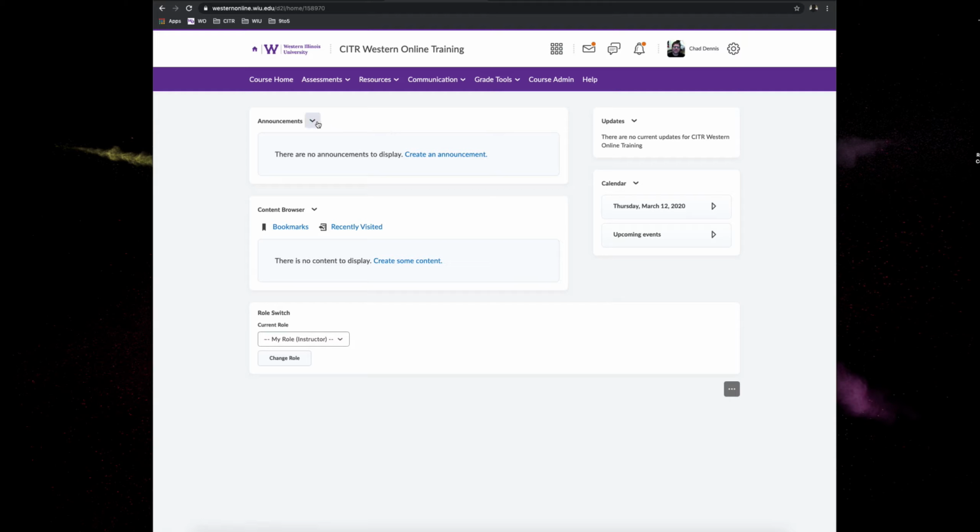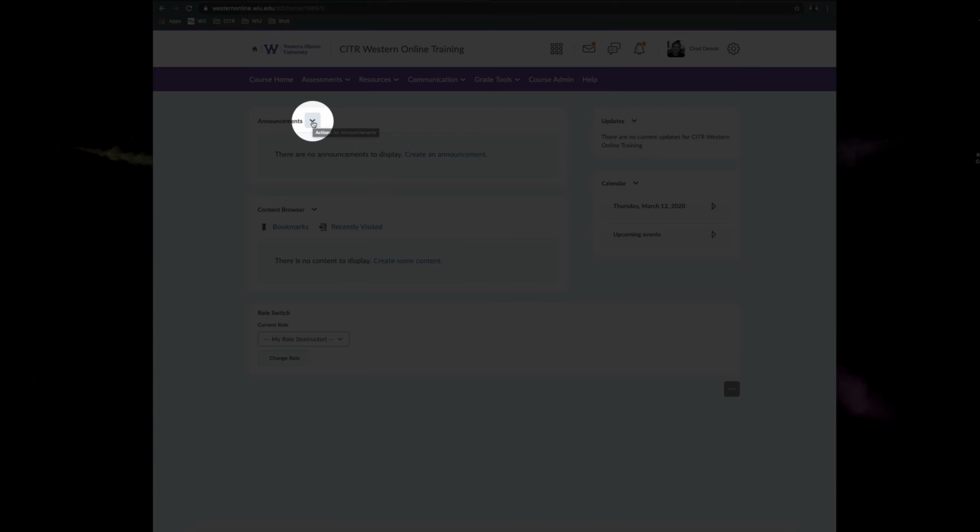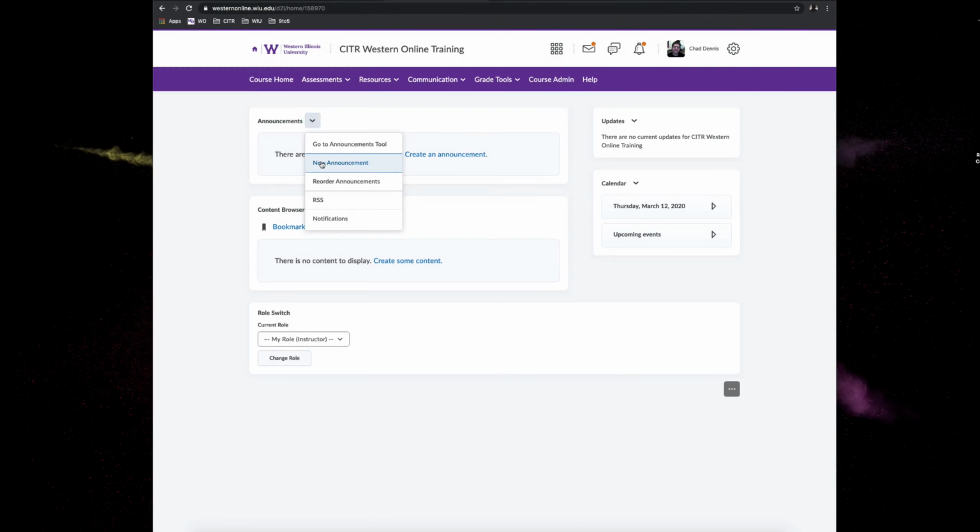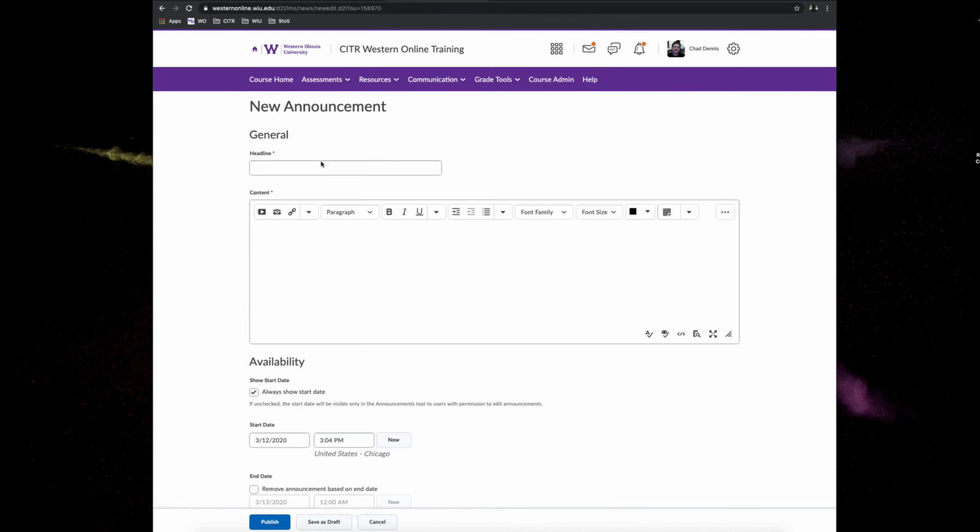But you can also click the little drop down next to the announcement's title, click New Announcement, give the announcement a headline,